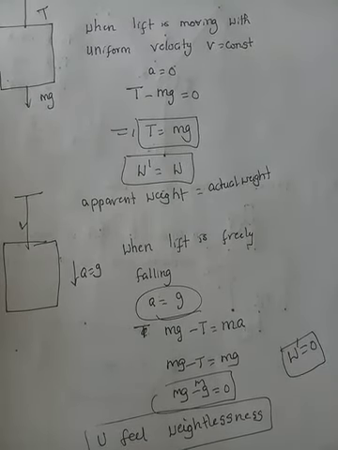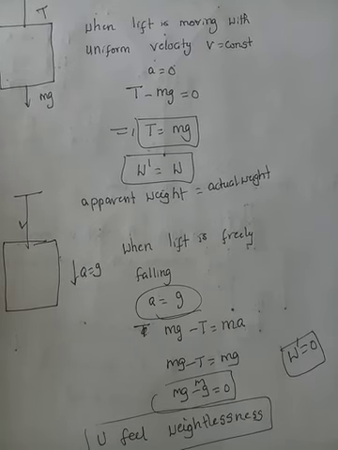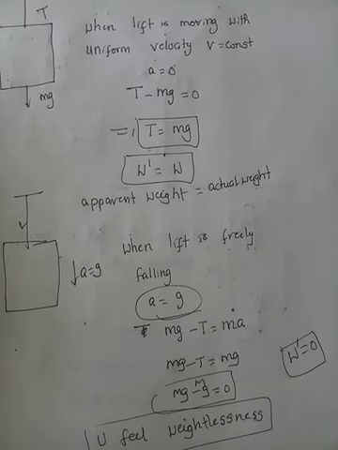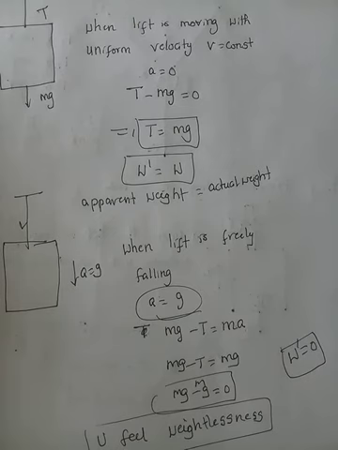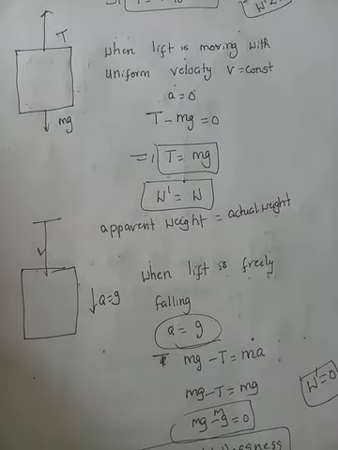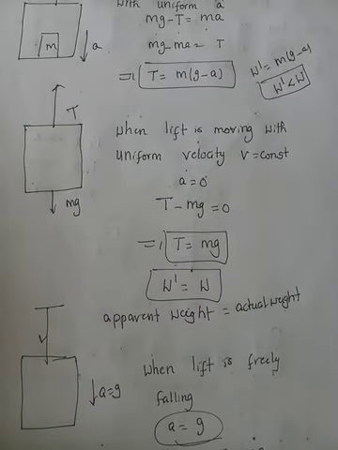When the same lift is moving upwards, you feel more weight, or your weighing machine reads more weight. When the lift is moving downwards with uniform acceleration, it shows less weight. When it is moving with uniform velocity, it shows actual weight. So, based on the direction of the applied force, the apparent weight or the tension force will change. So, this is one of the applications of concurrent forces or resultant forces.